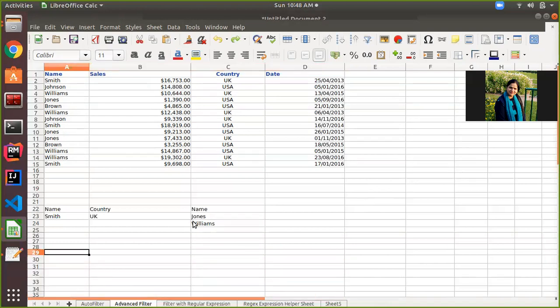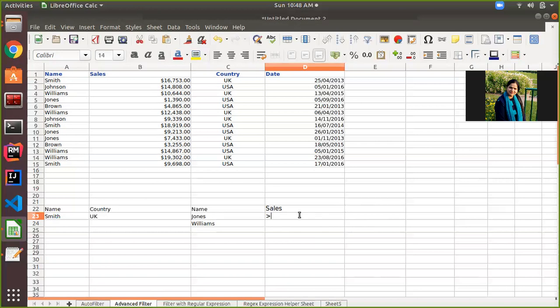Now suppose I want to extract data of those salespersons whose sales lie between 5,000 and 10,000. Since my condition contains an AND operator, 2 times I will write the sales condition.